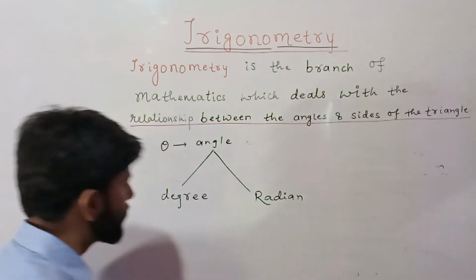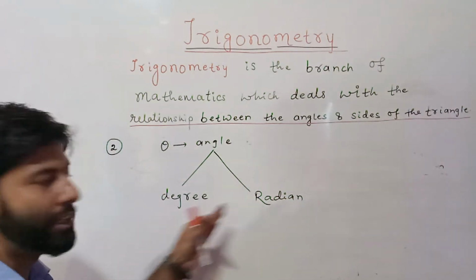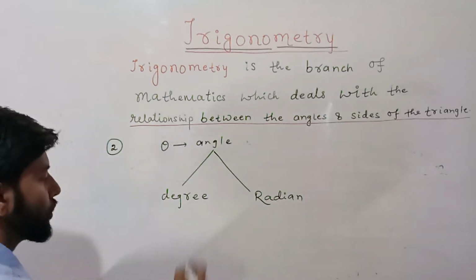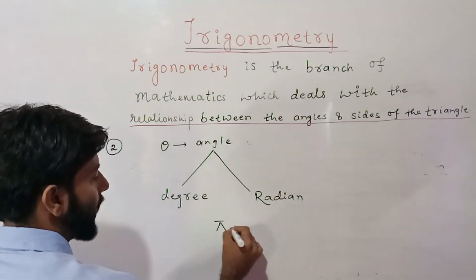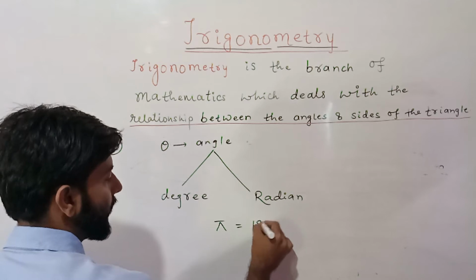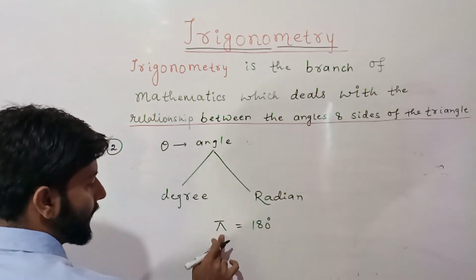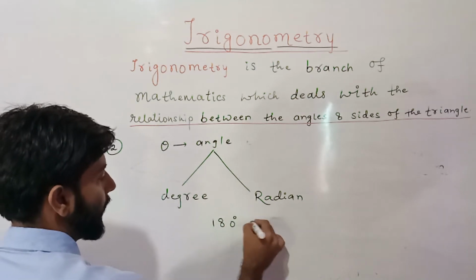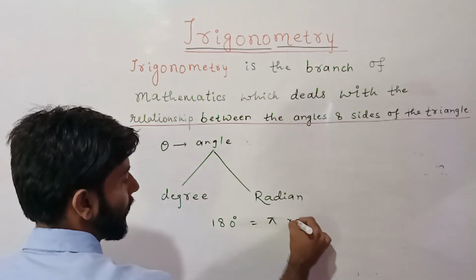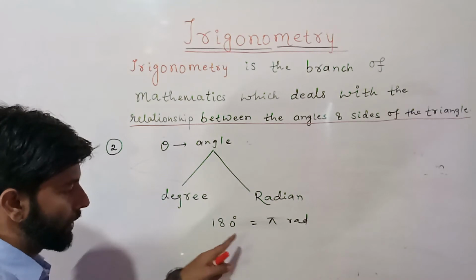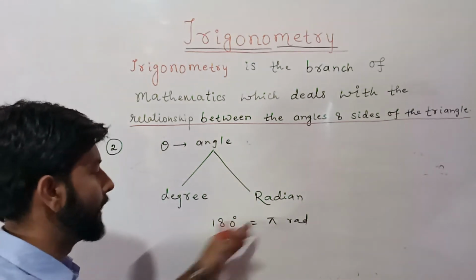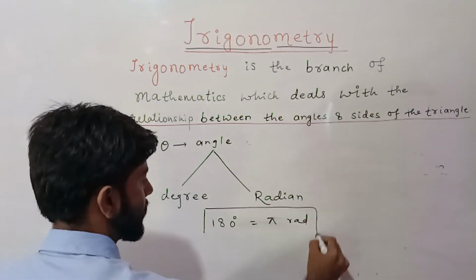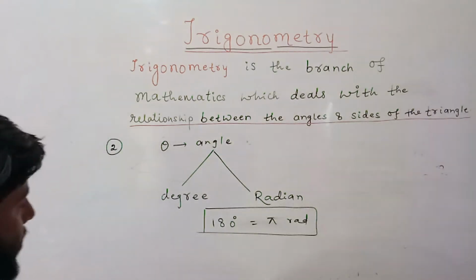So we must know how to convert this degree into radian or radian into degree. So you have to remember a formula that pi equals 180 degree. Pi is radian, I mean you can write like this, 180 degree equals pi radian. So you can convert degree into radian or radian into degree by this relationship. So these three things you must know,